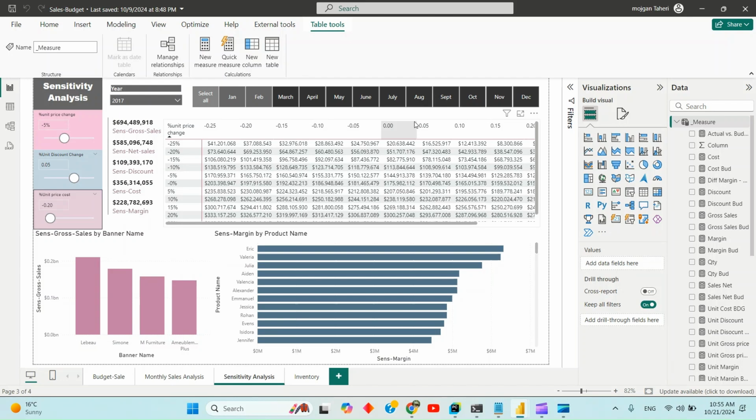Do you want to have a title, but not a simple title like the sensitivity analysis? The dynamic one means that in case the user selects the year, we have a title here dynamically. Let's look together. In the measure table, I create a new measure,